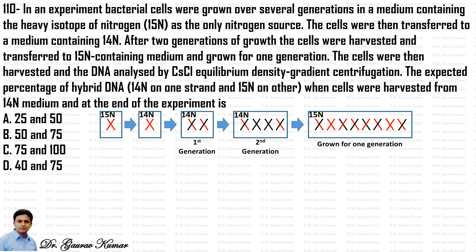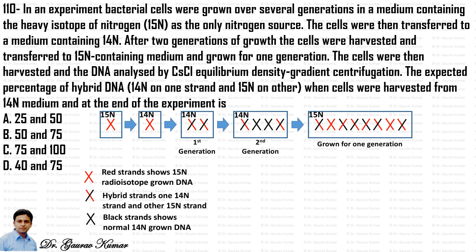then the second generation was again transferred into the radioactive isotope of nitrogen containing medium, was allowed to grow for one generation. So in this figure I have represented the DNA with a cross, and the DNA that is completely red means both the strands are labeled with radioactive isotopes, and the hybrid strand means that one strand is represented by black and one strand is represented by red, and the complete black cross represents that it is a normal DNA having 14N and non-radioactive